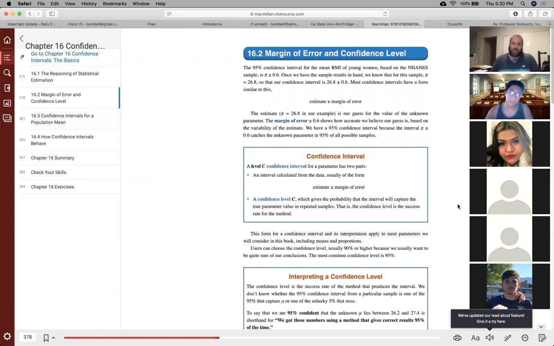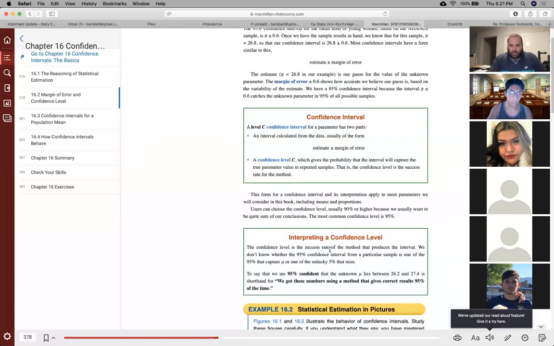We don't want to lower our confidence, because we want to be confident that we caught it. We really don't want to change the confidence. But if you want to be more confident that you caught it, just make the sample size bigger. That will make a smaller interval. Okay, so